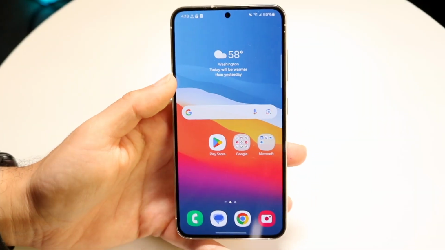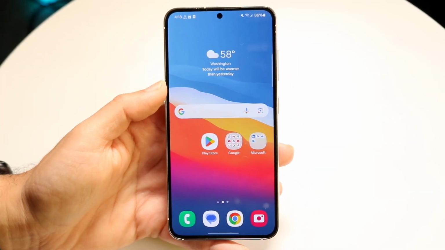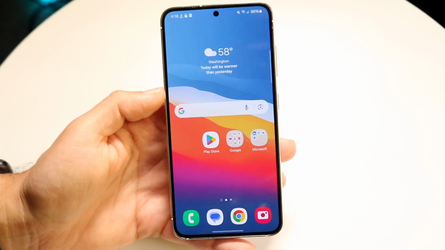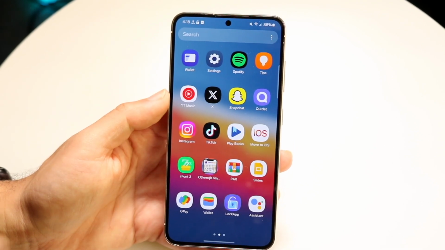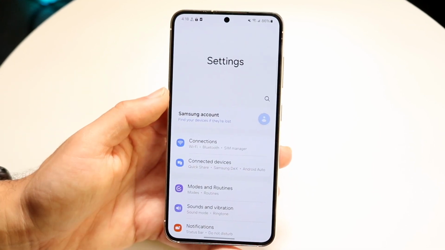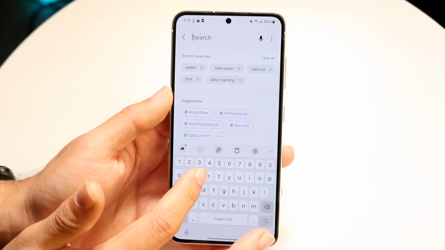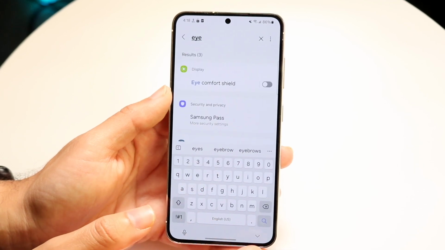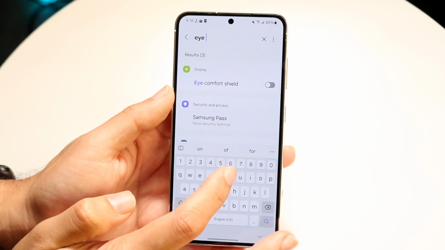So you might be trying to figure out if you can actually use eye tracking on your Samsung phone. Now the short answer of this is no. There's not a way to natively use eye tracking like how we have on our iPhones inside of our Samsung phones just yet. So if you go inside of your Samsung device, click on search, and type in "eye", for example, there's not really anything that's going to come up. I mean, there's going to be this stuff, but there's not going to be an eye tracking type of